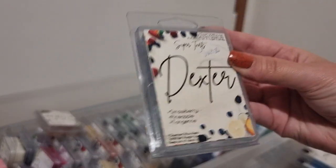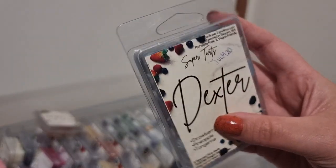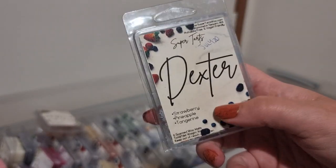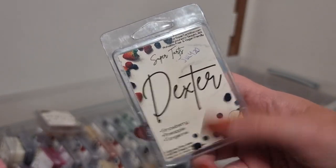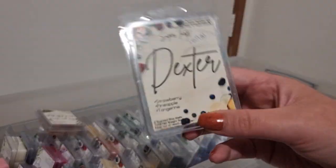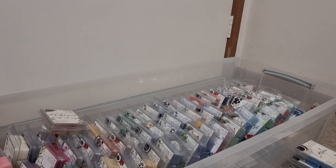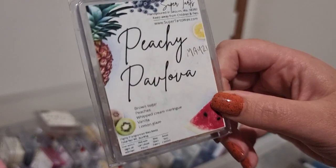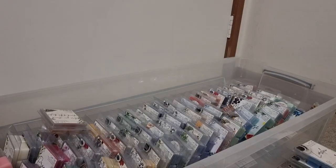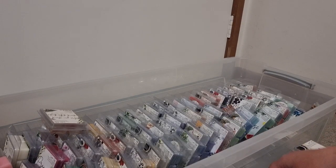Dexter, so on the really old label, strawberry, pineapple, tangerine. So this is just the old, when she first started doing these themed labels. She just had one for bakery, one for fruity and one for all the fresh, earthy, masculine ones. And then she started to break them down further. So now with fruity, the ones that are in just the fruity collection look like this, but she's also got a berry, she's got apple, and she's got